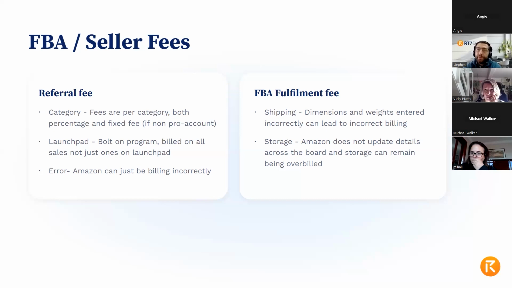So then I'm moving on to FBA fulfillment fee, which is probably the more common area where I see problems with sellers. With FBA fulfillment fee, there is again an issue that can happen with setup, which is around the dimensions and the weights that are provided on the setup piece. If these are wrong, Amazon does remeasure, but they only use that measure for their own internal calculations, not for billing. So even though they will update it internally and say this is what needs to be done to store and package it, they will still continue to bill based off what was originally entered.